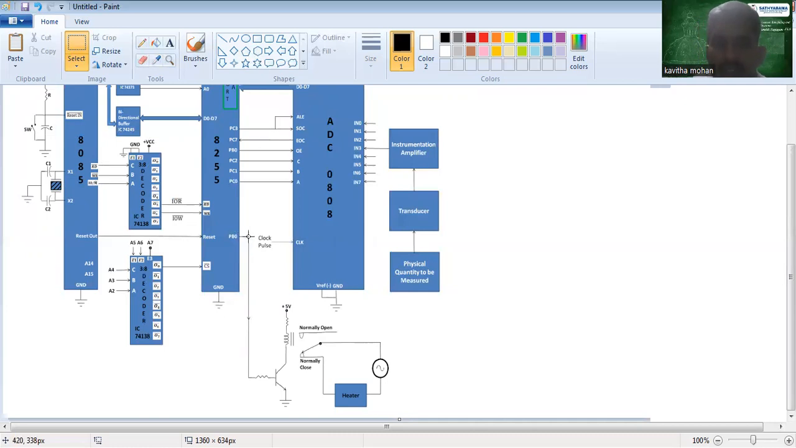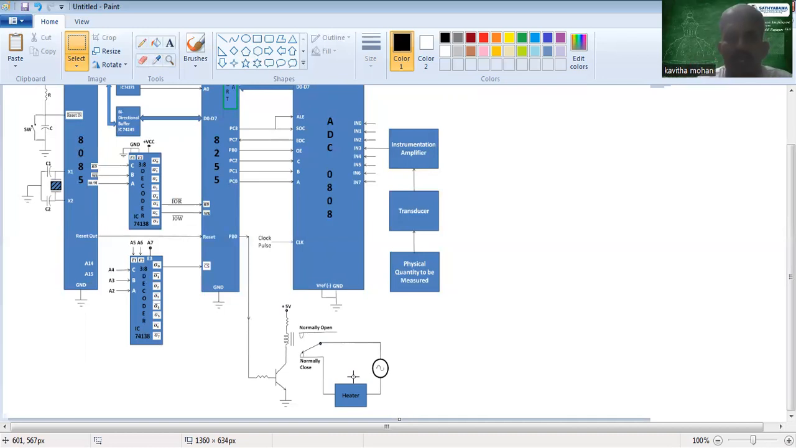It will send a signal via port B to reach the transistor. If the transistor gets turned on, this coil will get energized with the help of this 5 volt. Once this coil is energized, this portion of the switch will get attracted away from the normally closed condition. So the switch opens, which means this supply will not reach the heater. So once a particular temperature is reached, the heater is turned off with the help of continuous temperature